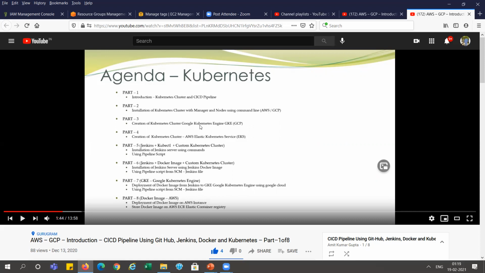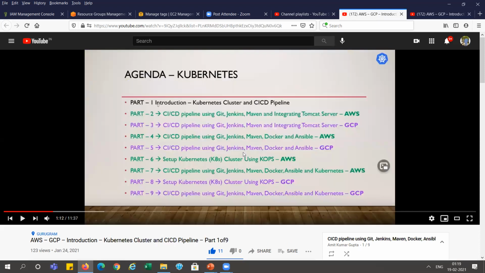In part 3, I've created GKE. This is a GCP PaaS service. And similarly in AWS, we are using EKS to create the Kubernetes cluster. So there are 3 ways I've shown here, and the earlier video I showed is also for kops. That is the fourth way we can create a Kubernetes cluster. And this is the deployment part. This is a deployment without Ansible. Directly we are deploying from Jenkins to Kubernetes. So you can see this series of videos is there, and these videos are also for this Kubernetes POC.